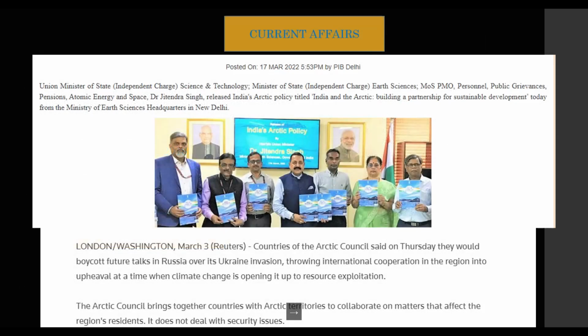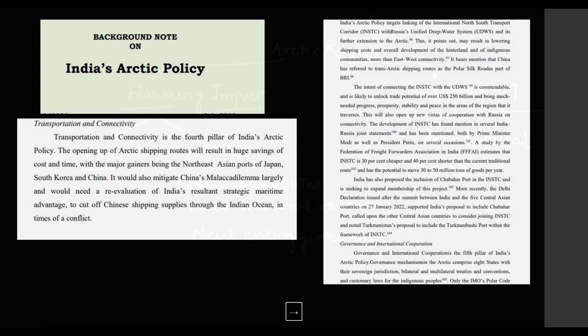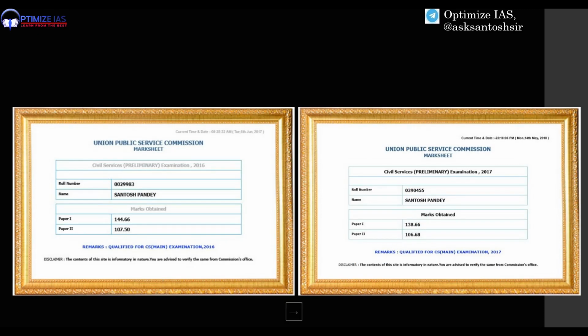That's the reason I used to do that during my preparation, and that is the only reason. You see my marks, what kind of marks I have scored. This is the reason I have scored this high. And I can tell you it is very easy to do this, and for every topic you don't have to do this, but at least for a topic where the government is coming with its first policy on the Arctic region, this is a very important policy,